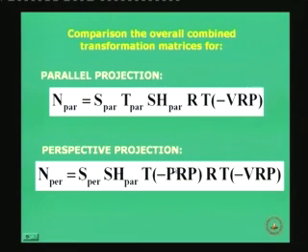Okay. So, this is the overall, and just as a comparative study of the overall combined transformation matrices for parallel and perspective, as you can see here, the nature is almost the same, specifically the first two transformations, T of minus VRP and R, are the same. Then we have a translation and shear in the case of perspective. In the case of parallel, on the top, you have first shear and then translation. So that is the reverse, and in the end anyway we have to have the scaling to scale it to the corresponding canonical view volume. So that is the comparison between the two projection geometries